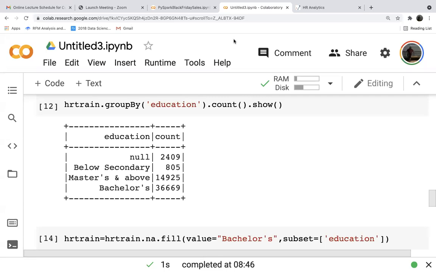Analysis exception: cannot resolve education given input column C aggregate education count. You have imported the data correctly? Yes, sir. Okay, give me your screen number. Let me check.